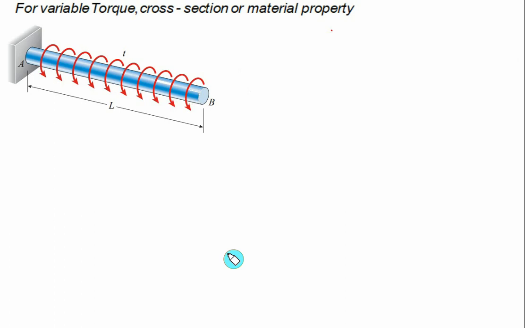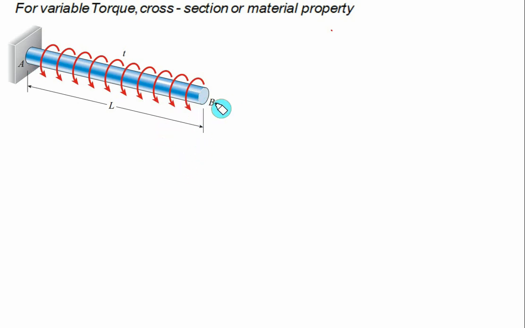Up till now, we are able to find out the shear stress and the angle of twist in the case of solid shaft and the hollow shaft if it is subjected to constant load. And we have solved the problem for single shaft and the multiple shaft with a number of torques applied, as well as composite shaft also. Now in this video we are going to discuss those cases in which either the torque itself is variable over the